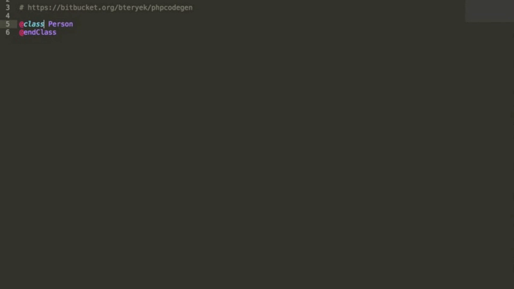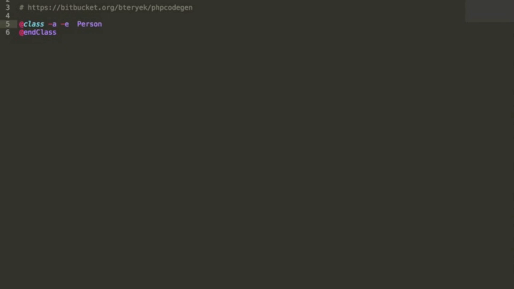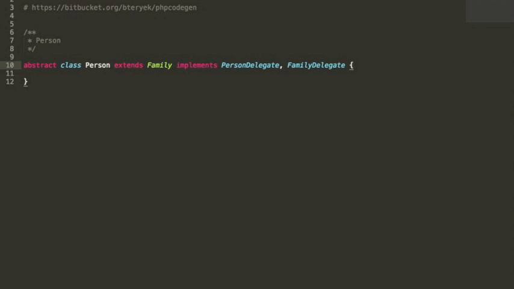There's a lot of other options you can do for a class command. You can declare abstract with the A option. You can also say it extends from a certain class. We'll give it family. You also can declare that it implements certain interfaces. So we'll say it implements person delegate, and it also implements a family delegate interface. And when we transform it, you see we have our abstract class person that extends family that implements these two